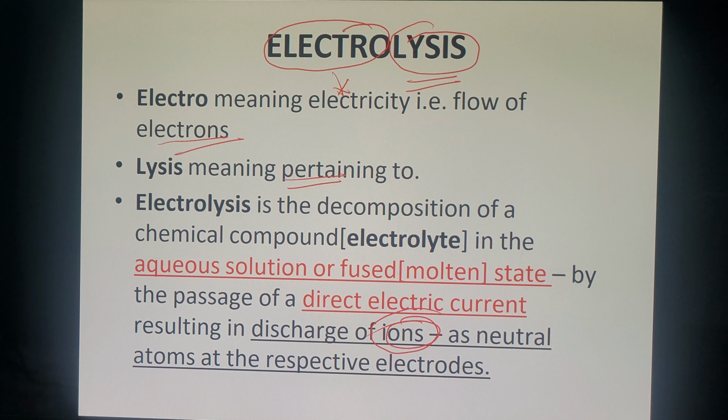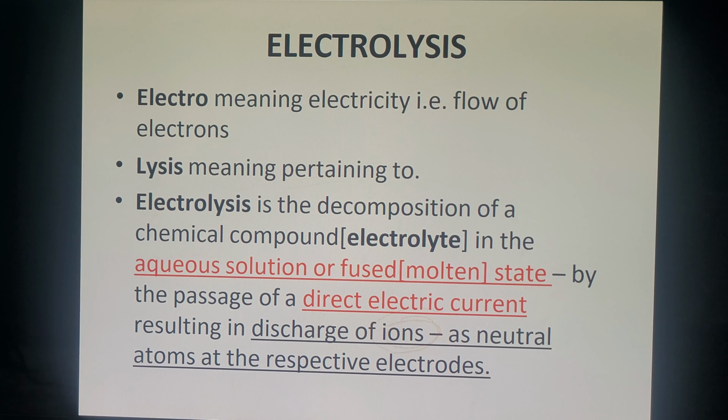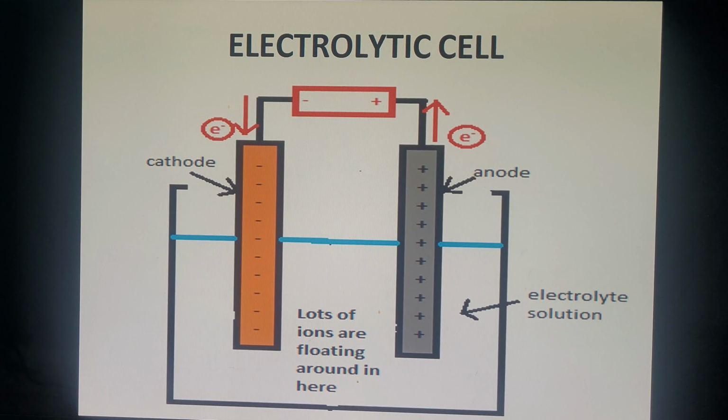Now in your lower classes, you have learned what ions are. What are ions, children? Ions are nothing but charged particles. Now here what you can see is actually the definition of electrolysis. But before we go ahead with the definition of electrolysis, let us first understand the basic apparatus that is used